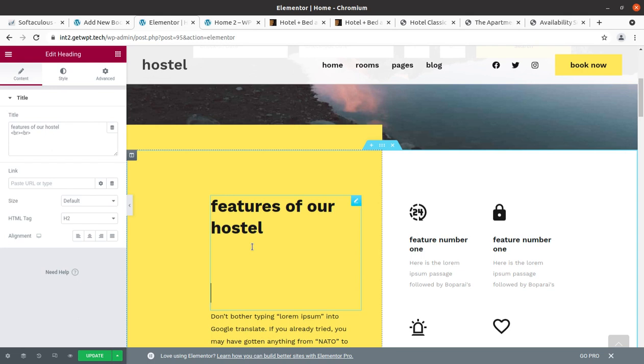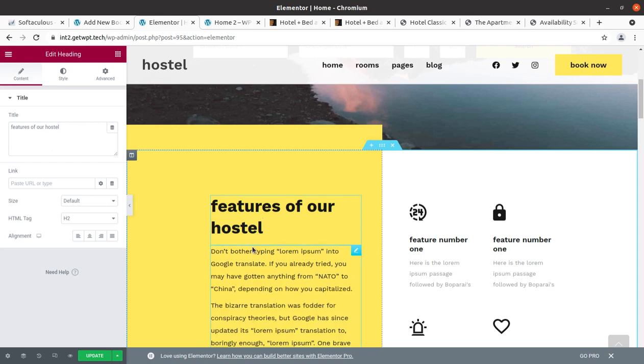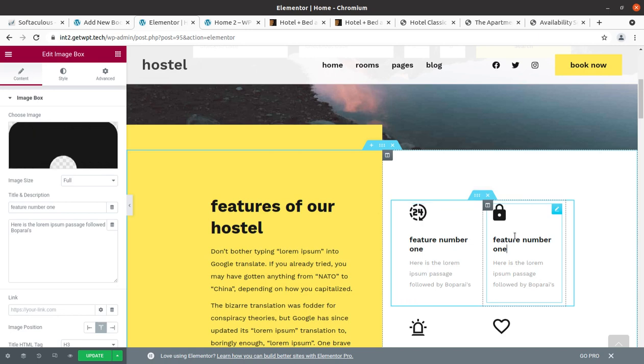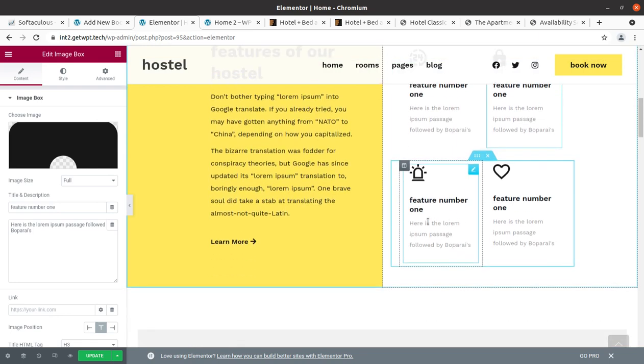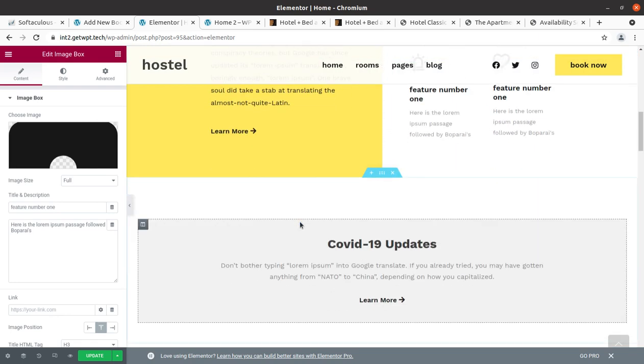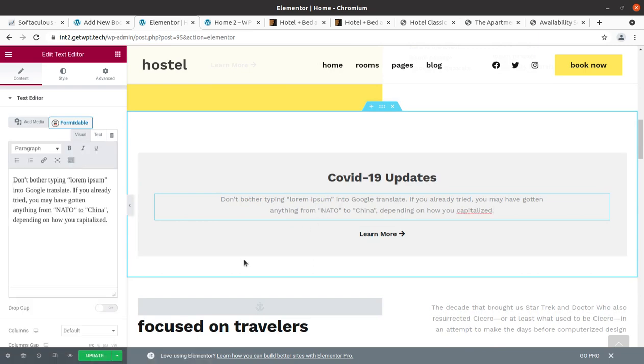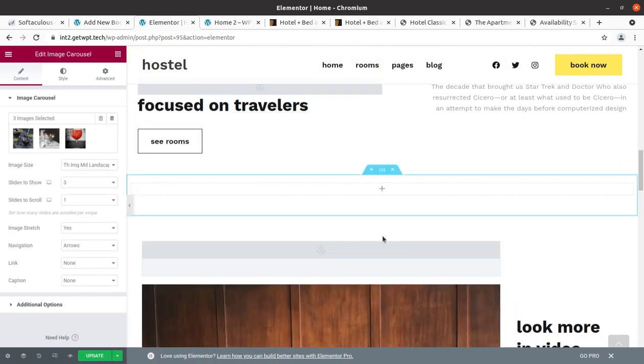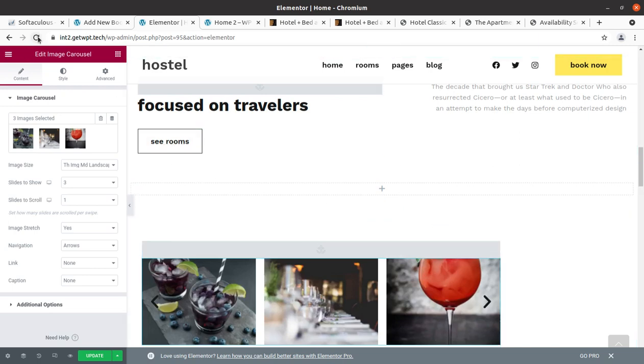So it is very important if you are new, and just click on the area which you want to edit, and you can edit the text content. I will remind you about the images: you have to use the same dimension image that has been used in the demo website to maintain the design and style of the website.